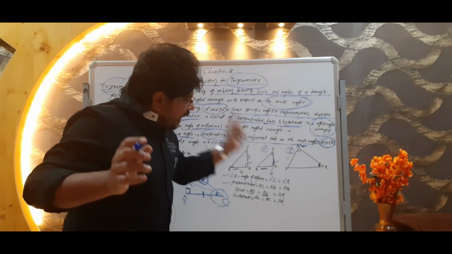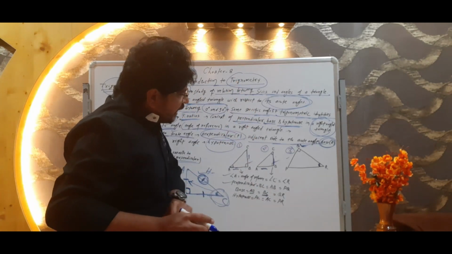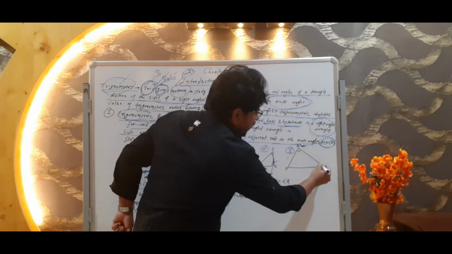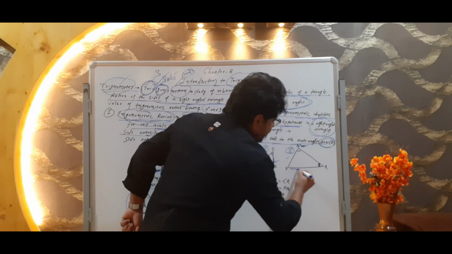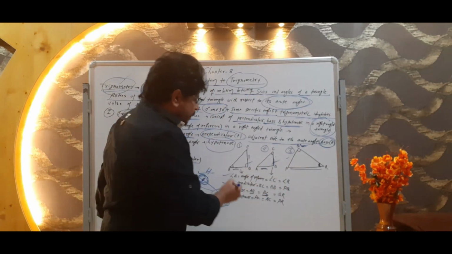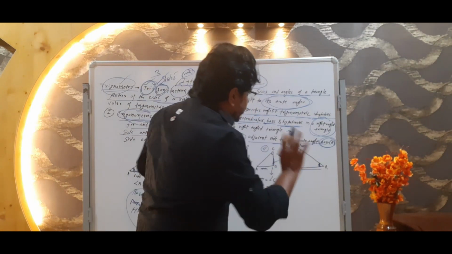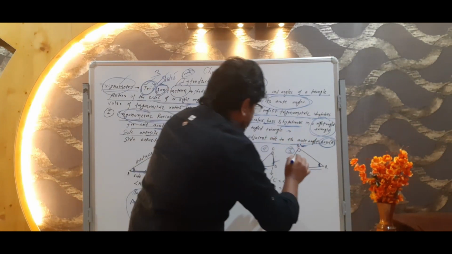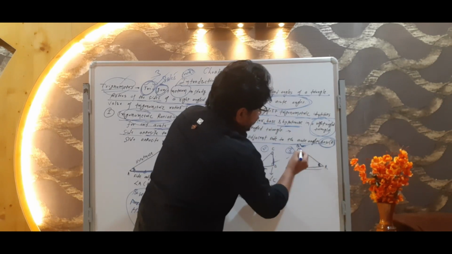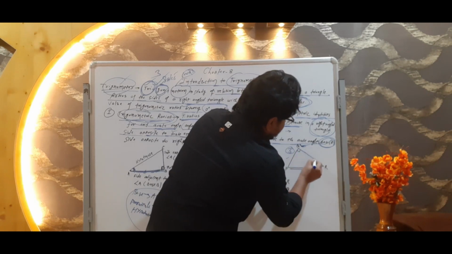Okay. And now for figure number 3, adjacent side to the acute angle. यहाँ पर acute angle क्या है आपका? R. Adjacent side would be PR. तो यहाँ पर आपका base, sorry, here it is acute. Acute on which place? It is acute on place R. So in that case, the adjacent side would be QR. What would be the adjacent side?